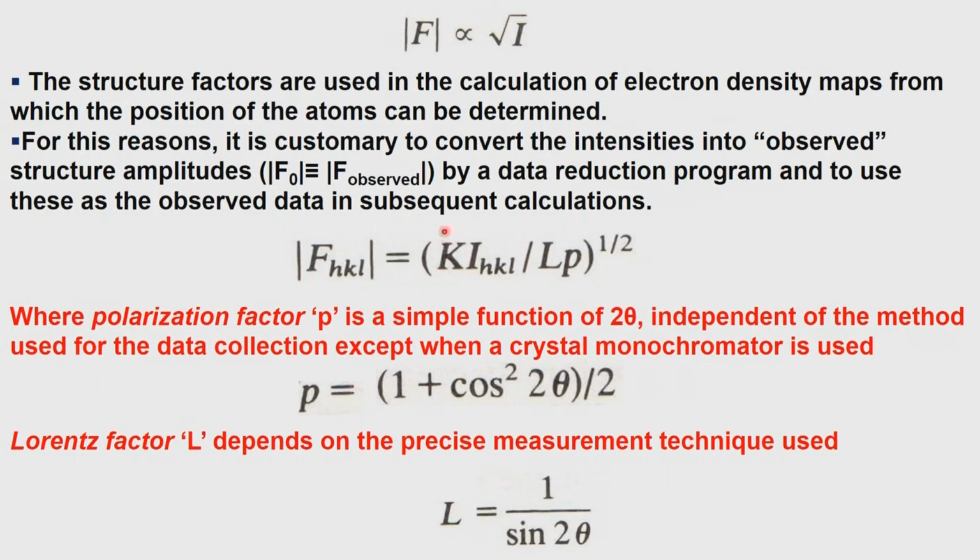K is the overall scale factor with which we have to put the f of HKL on and take the I of HKL, take the square root, and K is the proportionality constant. LP correction is made on every intensity which we observe. So, the values of L and P are listed in the International Tables again, in a different volume, not in the volume where we find the space group information, but in the second volume of the International Tables. So, one can get the values of L and P.